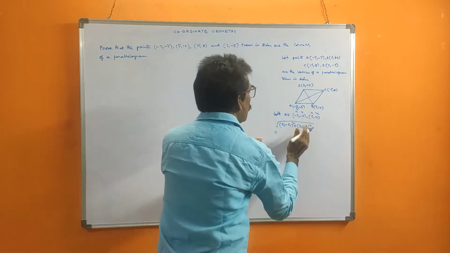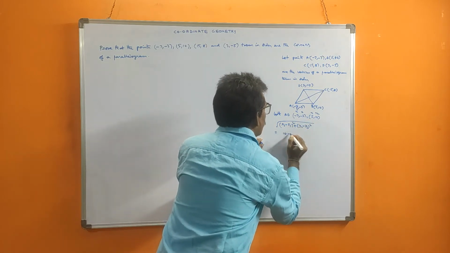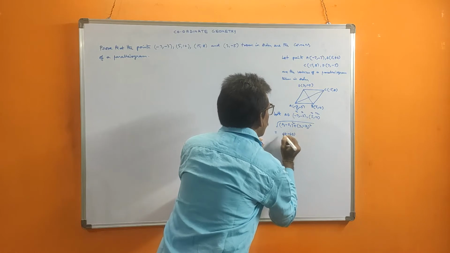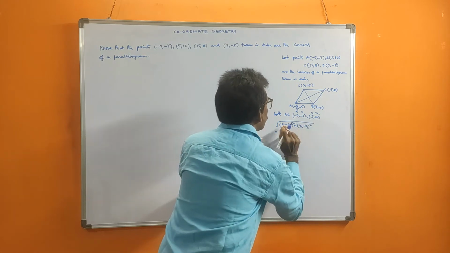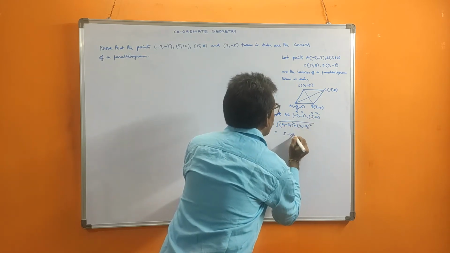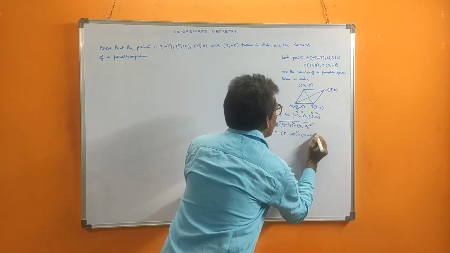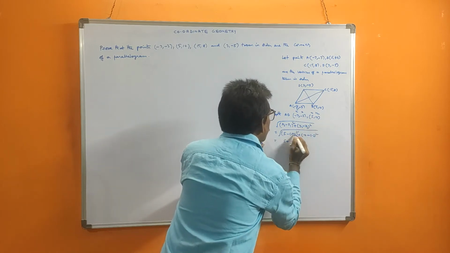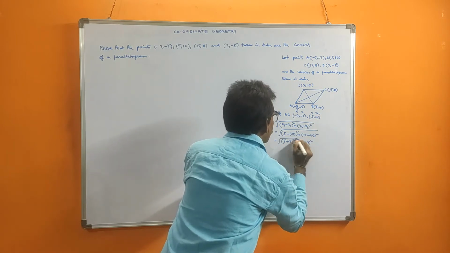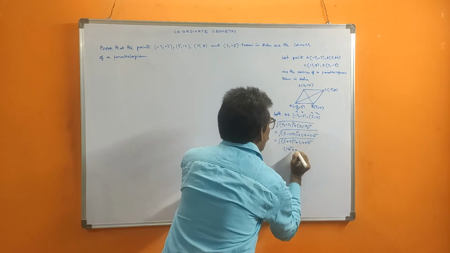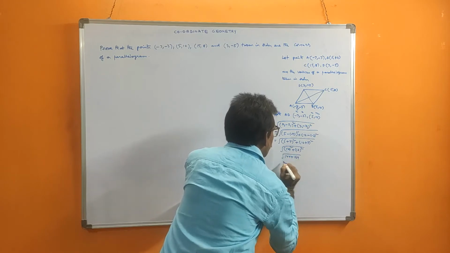Now substitute: (5 + 7) whole square plus (10 + 3) whole square, that is root of 12 square plus 13 square. 12 square is 144, 13 square is 169. If you add this